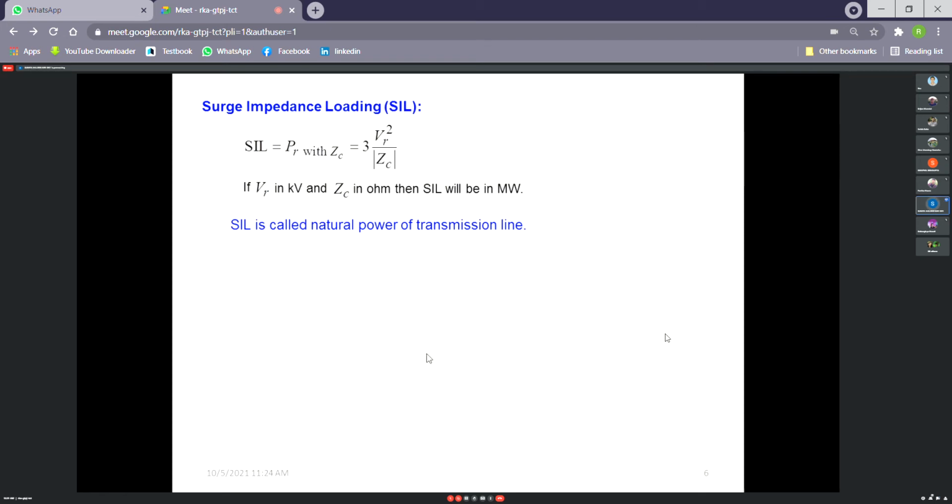So what is the difference if we load the receiving end with a resistor ZC and a load ZC? Actually, load means you are connecting a power load in MATLAB Simulink. That is different. But if we do it practically, then load means we shall connect a resistance only. But the modelings are different for load and for resistor in Simulink. So I have taken both the models and you will see that we shall get the same result. Otherwise, if we do it practically, then we can connect a resistance at the receiving end equal to ZC of the line. That much.